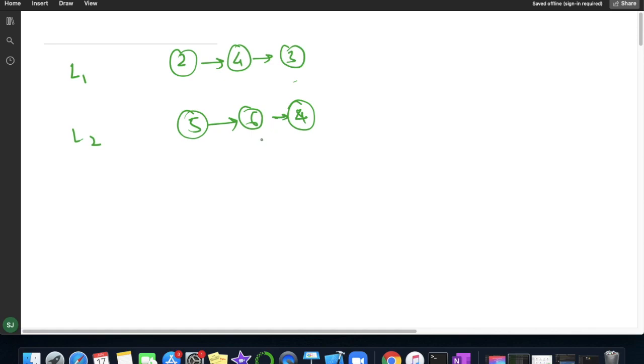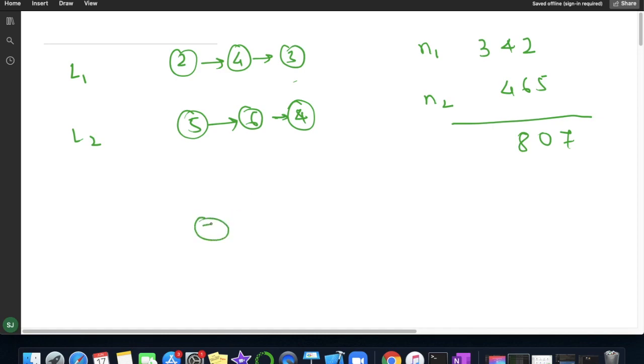Now the problem states that these numbers are in reverse order, so we have to get the original number. The original number will be 3, 4, 2 from list L1, and from L2, N2 will be 4, 6, 5. What we have to do here is add N1 and N2. After adding, we got this number. They are asking us to generate a new linked list having value